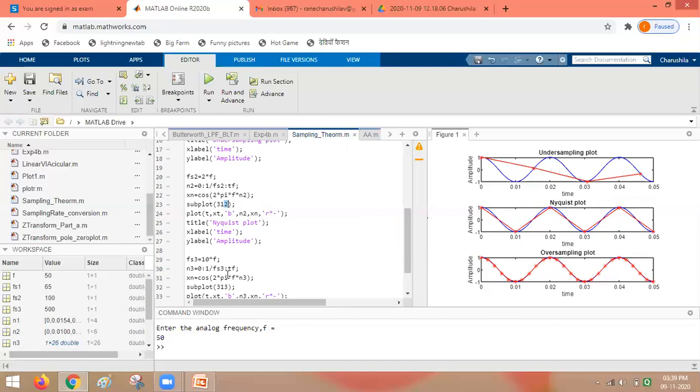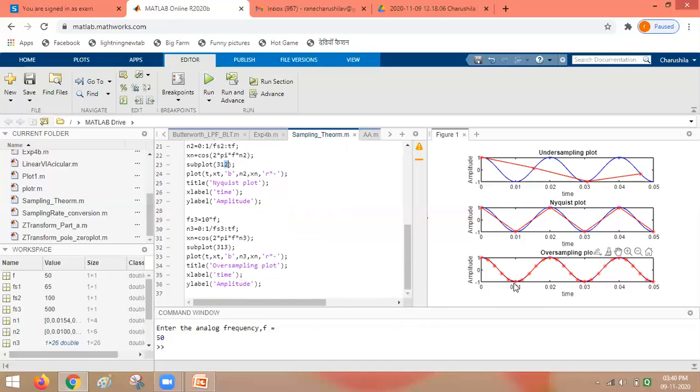In the third case, the sampling frequency is selected greater than the Nyquist rate, and if you observe the sampled version of the signal, we can see that the original signal and the sampled version of the signal are exactly matching with each other.